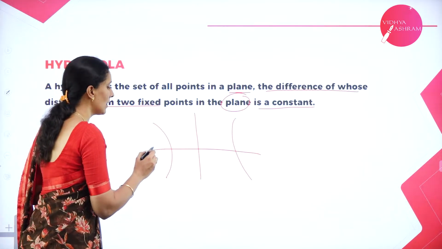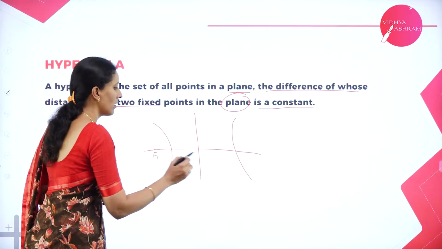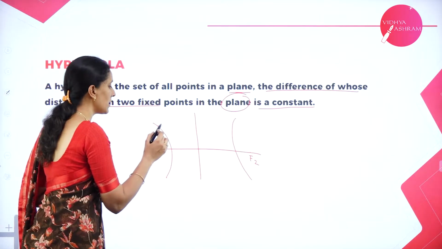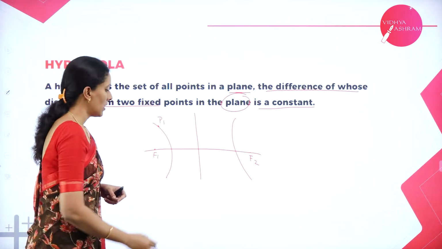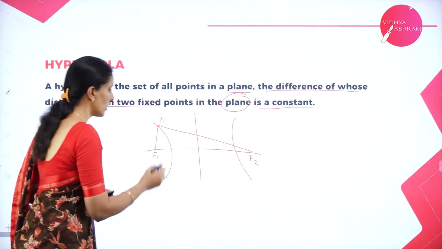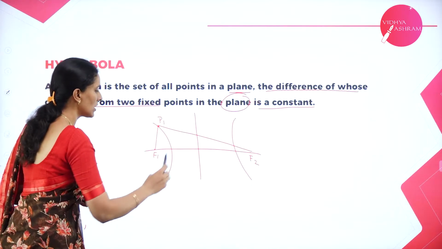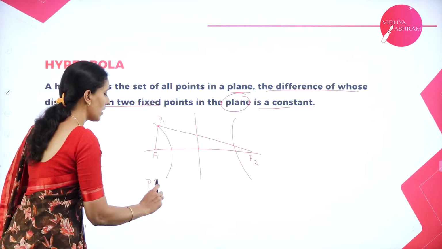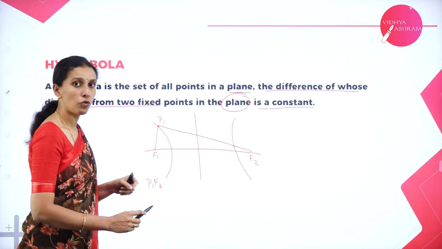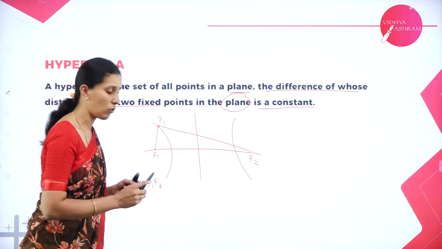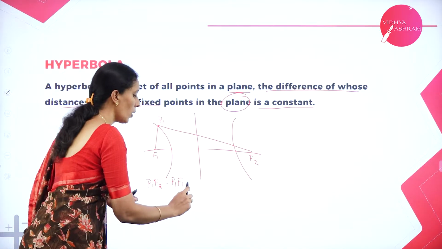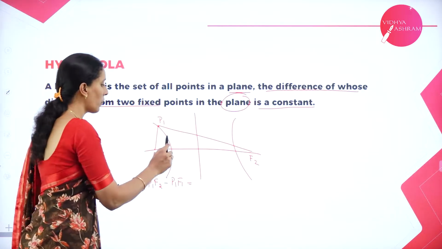So if you consider this as focus F1 and somewhere here as the focus F2, consider any point P1 on the hyperbola. So the distances P1F1 and P1F2. Which is the maximum distance here? It is P1F2. So what they have asked is the difference of whose distances from the two foci, that is, the fixed points, that is P1F2 minus P1F1, will be the same as